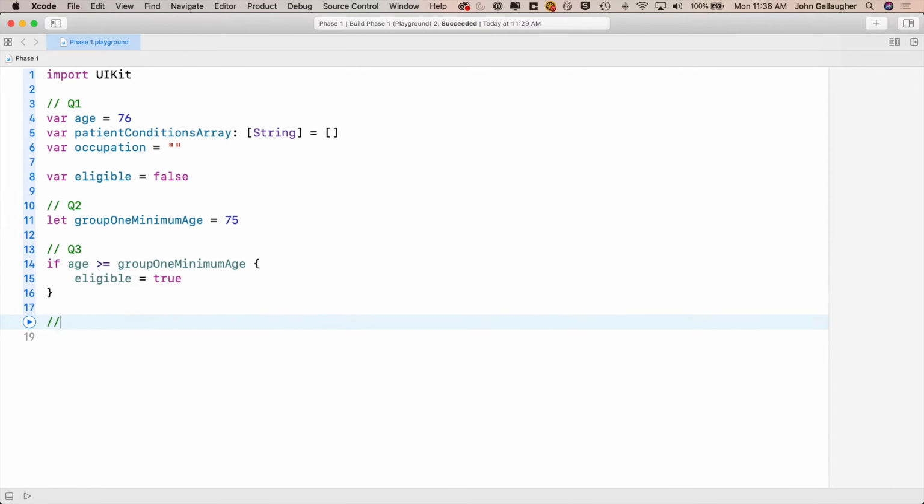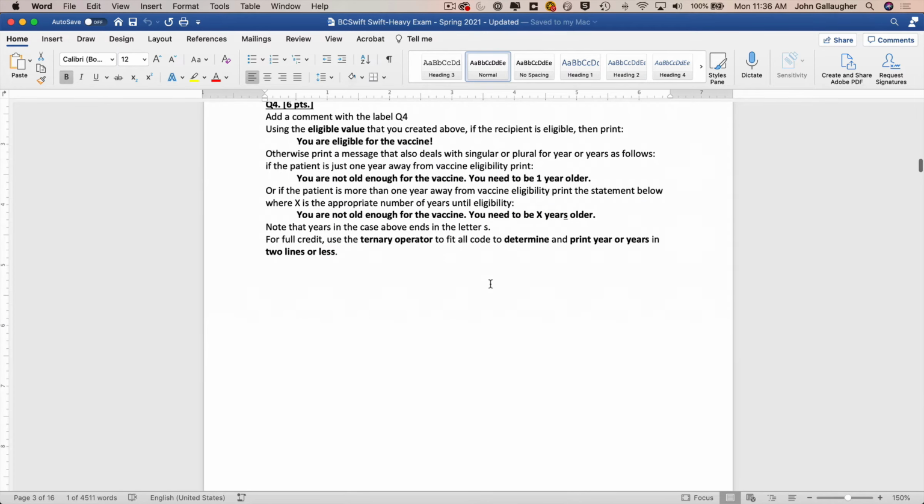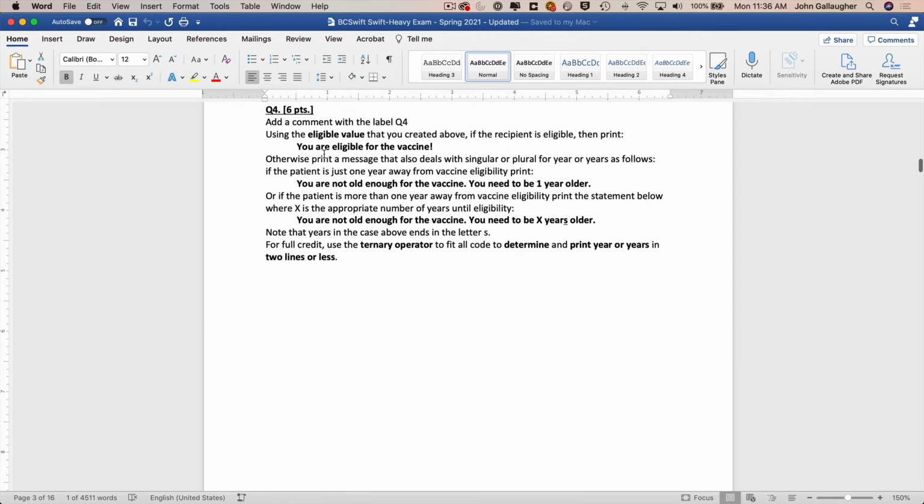And we'll start our comment for Q4, and that says use the eligible value that you just created above, and if the recipient is eligible, then print you are eligible for the vaccine. Otherwise, print a message that also deals with the singular or plural for year or years as follows. If the patient is just 1 year away from the vaccine eligibility, print you are not old enough for the vaccine, you need to be 1 year, notice it's singular, older. Or if the patient is more than 1 year away from the vaccine eligibility,